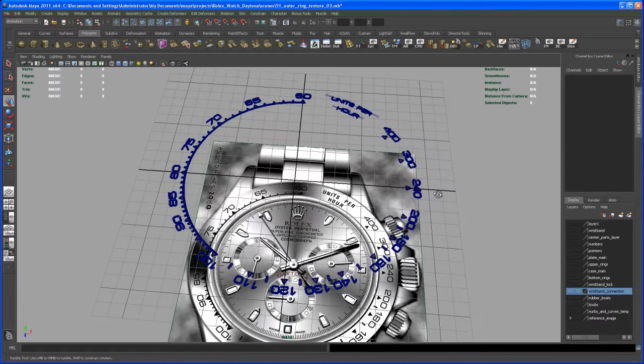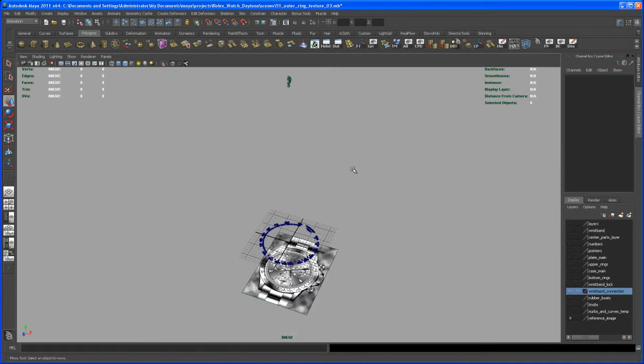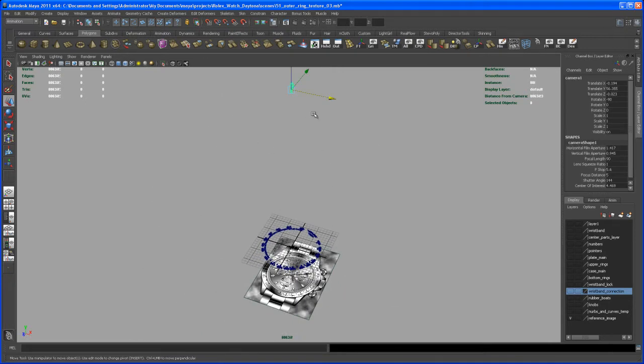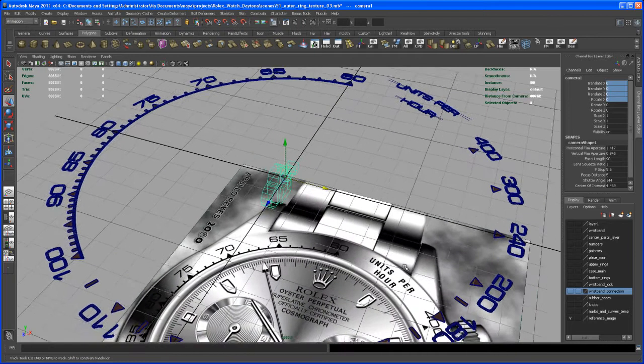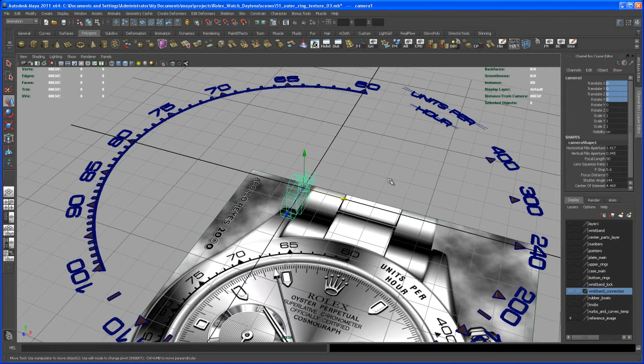Okay. And now we take that camera that we created, that top camera, and I think I moved it. So let me bring this back to 0 here. If you haven't moved yours, you could leave it as it was. So I have to rotate mine again,